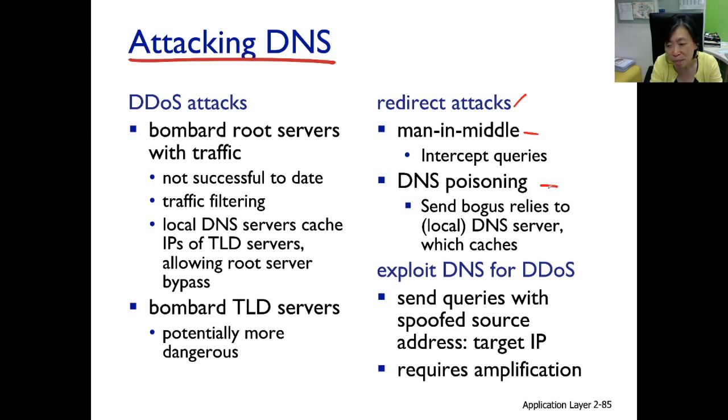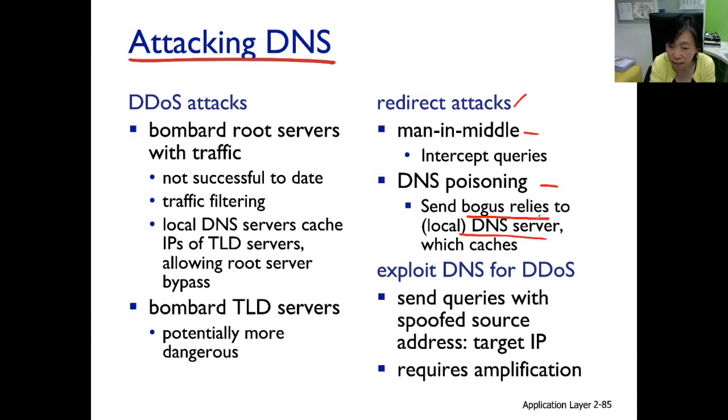The second one, on the other hand, I think is meaner. DNS poisoning. So the hacker there is actually sending false replies. So when the local DNS server caches these replies, the users will be thinking, "I thought I was going to www.google.com, but it's actually going to a hacker's website." Not very good. So nowadays, network admins for the local DNS servers need to be careful and check the sources